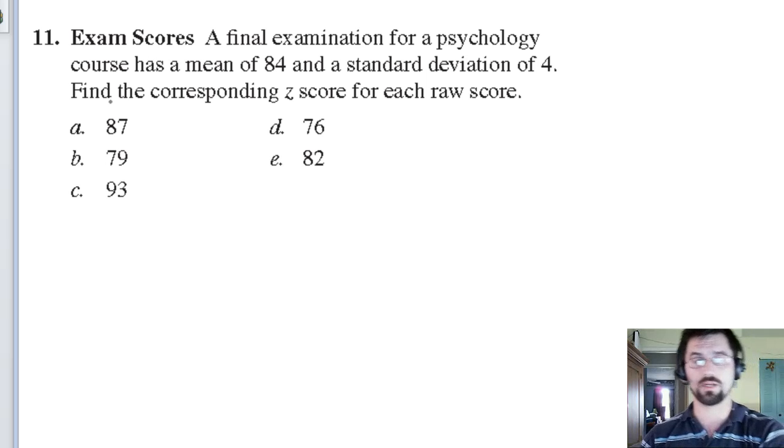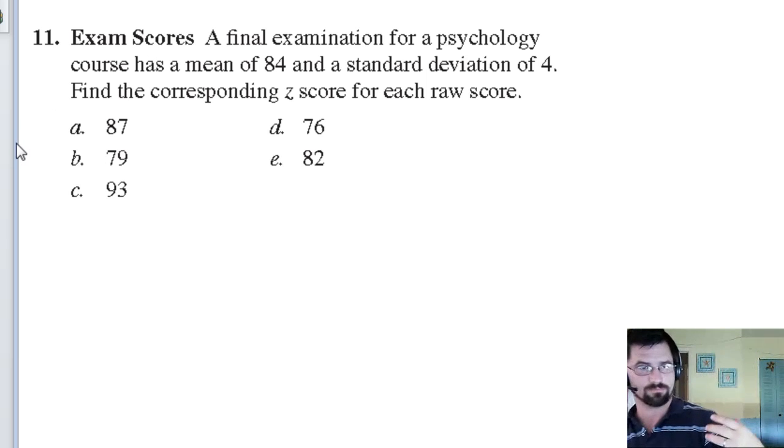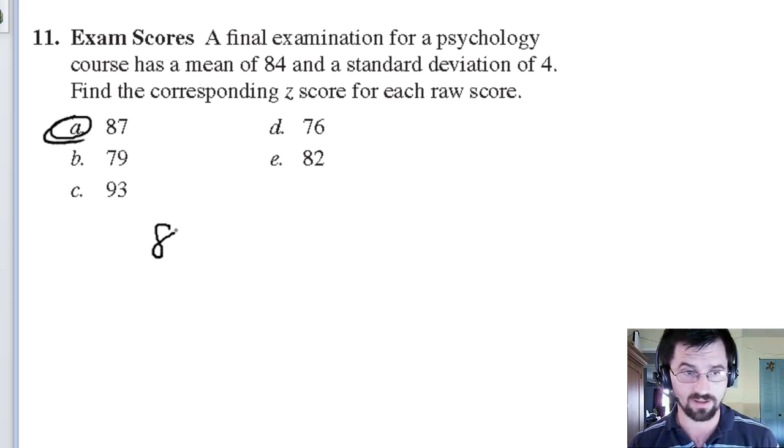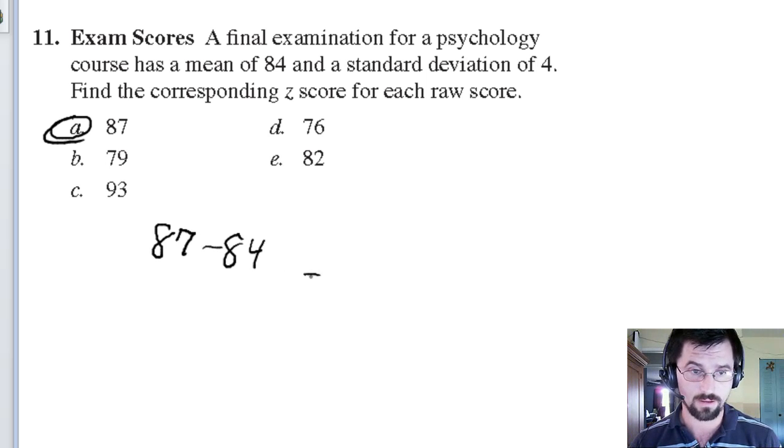But to put it in terms of something that's comparable to other classes and other results, we need to standardize it. So we want to create a z-score. We're going to find the corresponding z-score for each raw score. 87 is the first raw score here. So how do we do it? We go x minus mu divided by sigma. 87 minus 84 tells us that the person did 3 points better than average,